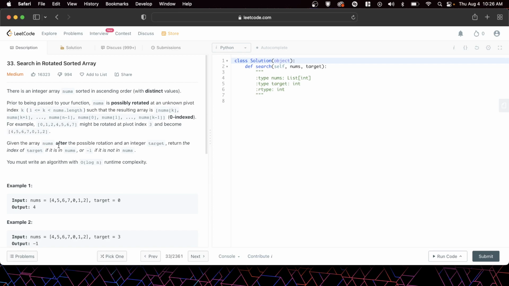So given the array nums after the possible rotation, remember it's a possible rotation, and an integer target, return the index of target if it is in nums, or -1 if it is not in nums. You must write an algorithm with O(log n) runtime complexity. So